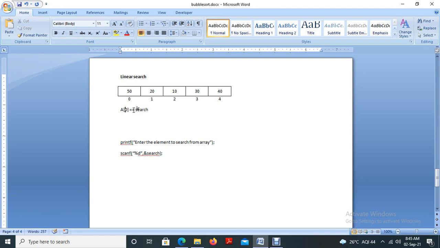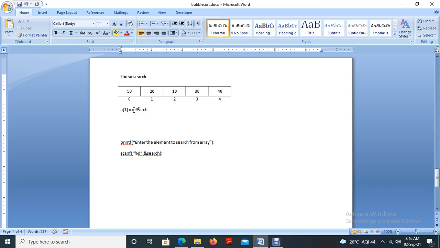If a of 0 equals search, then the element is available and no further process needs to run. So we break the loop, and we can say that it's available in that particular position. If the condition is false, then move on to the next position, a of 1.